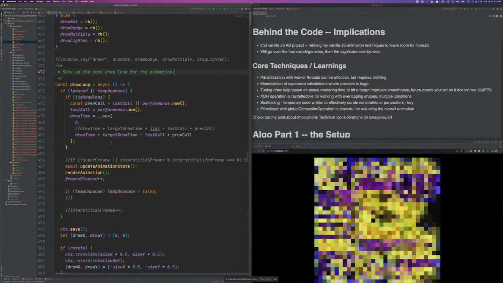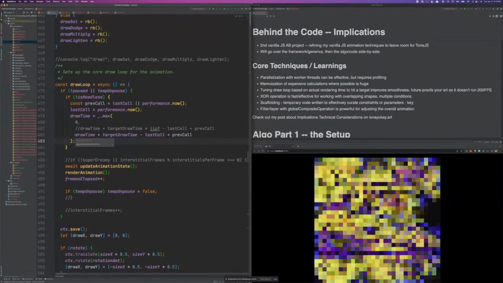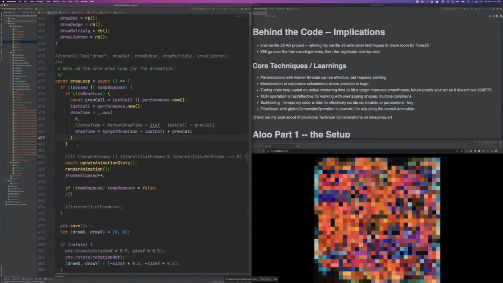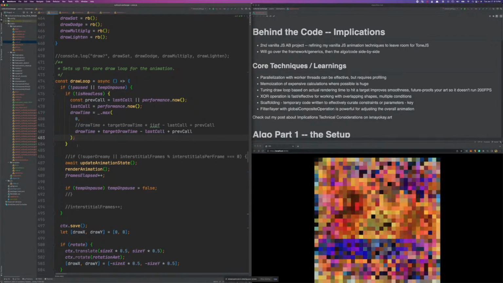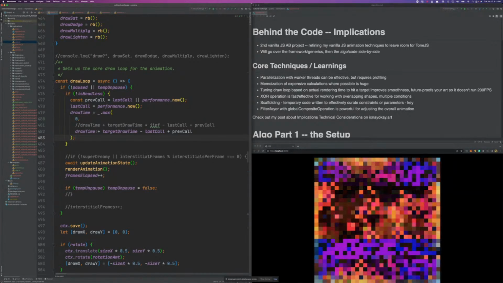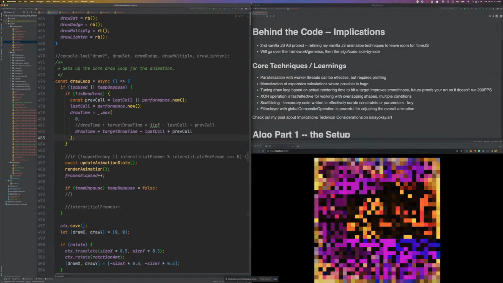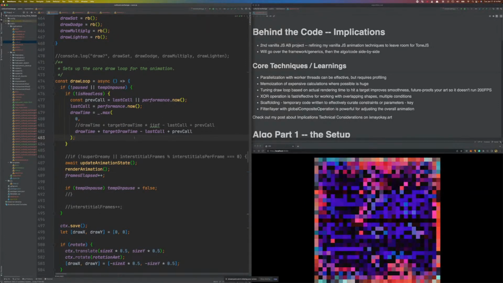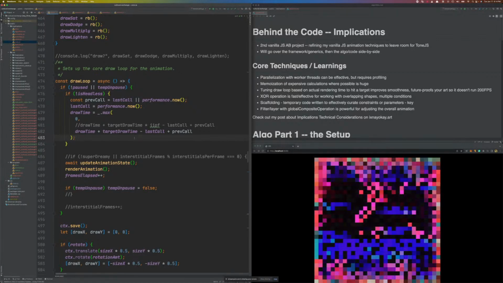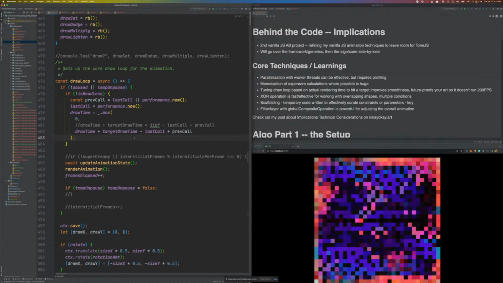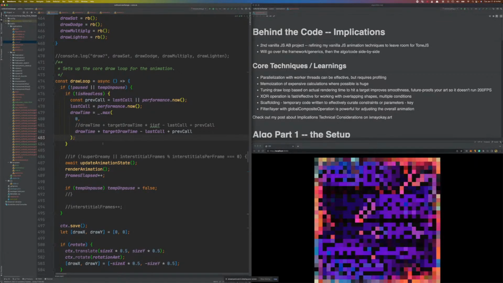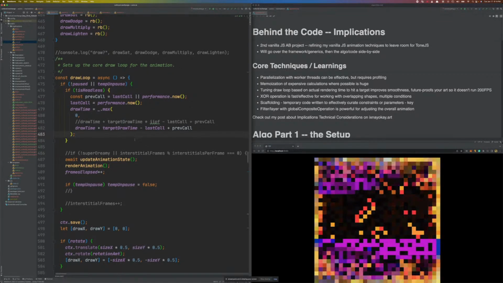Got a main draw loop here. One of the main improvements I made over previous animations I've done is I added real-time performance monitoring. So I take a look at, as each frame is drawn, if I want to draw 10 frames a second and I'm only hitting 9 frames a second, then I need to draw the next frame a little faster. And if I'm drawing too many frames, I need to draw the next frame a little slower,